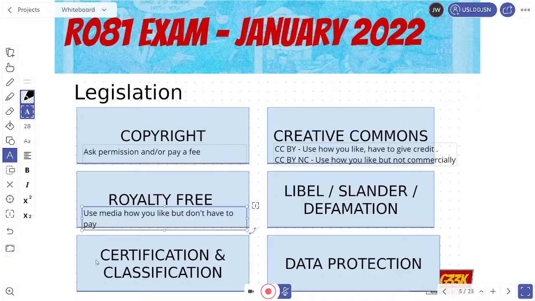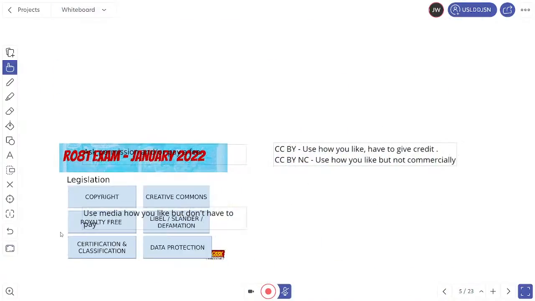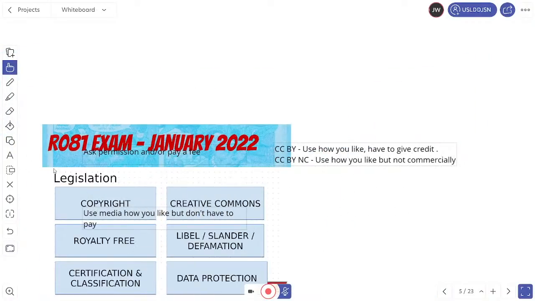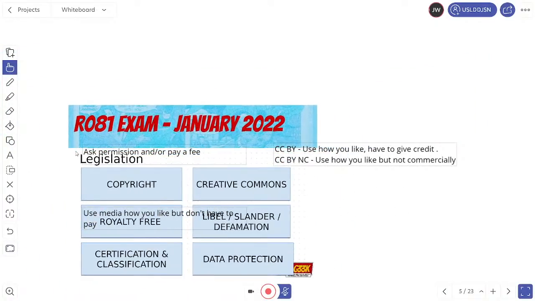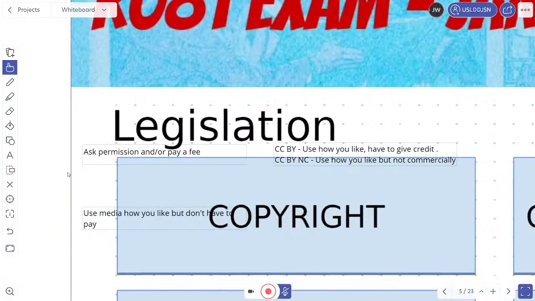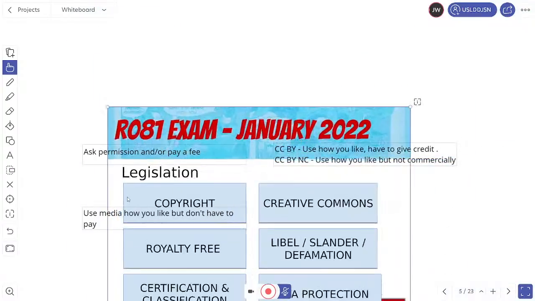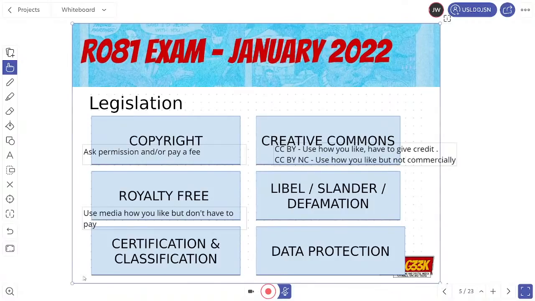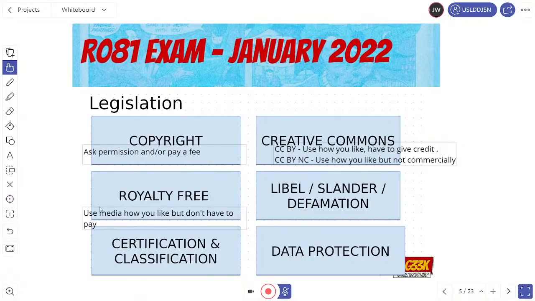We're going to move on briefly to certification and classification. Now I'm going to zoom out a little bit on these. Oh gosh, that didn't work very well, did it? I'm not going to zoom out on these after all. We messed it up now. Oh dear. Wow, that's very zoomed in. I'm just going to leave it where it is. So what I was going to do was just do a little zoom out at the bottom, but I thought this might stay with it, but it doesn't.